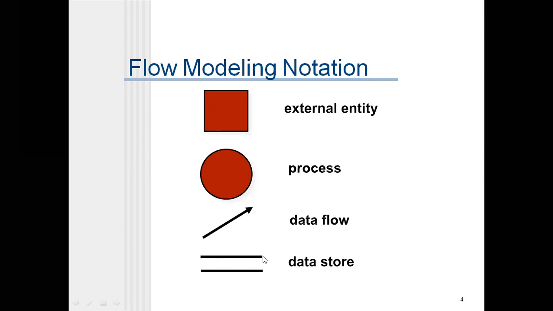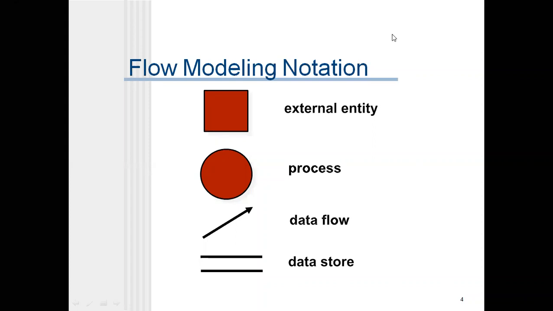data flow, and two lines, which means an open-ended rectangle, is used to store data. If you want to store any data related to your project, then you can use this kind of symbol. If you want to represent some data flow, then this one. If you want to process some calculations, then this symbol. And if you want to give some inputs, through this symbol.